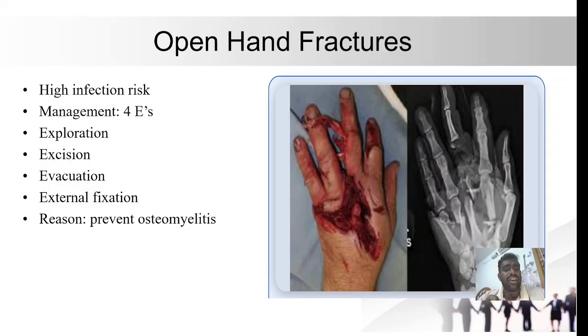So, coming to the point next, open fractures. Open fracture of the hand is a surgical emergency. Why? It is because the infection risk is extremely high. Hand bones are small, soft tissue coverage is thin, and tendon gliding structures are exposed overly. The management is exploration,